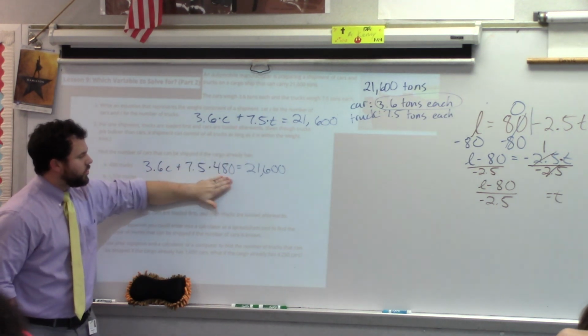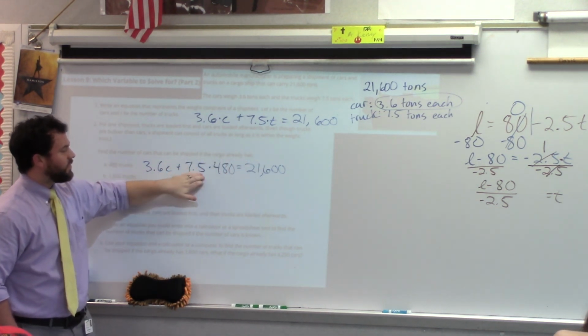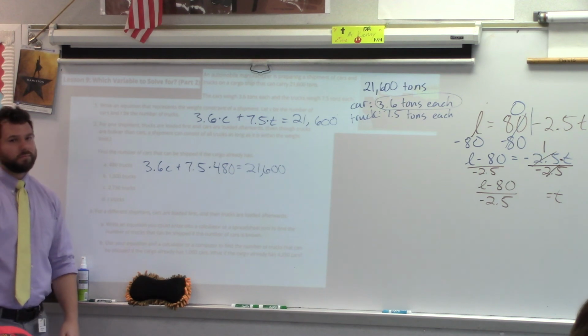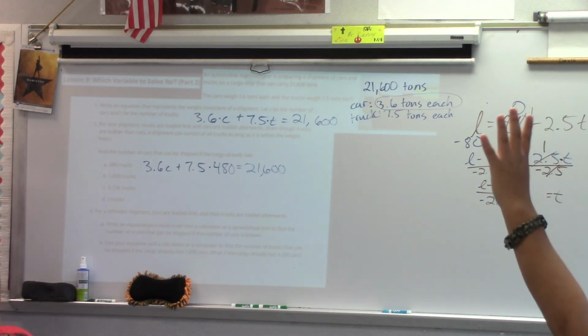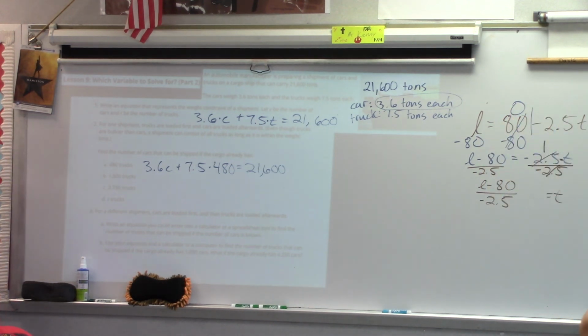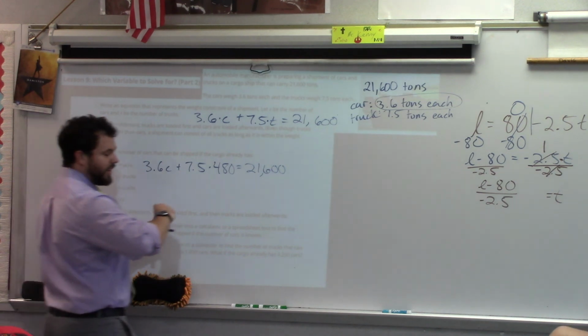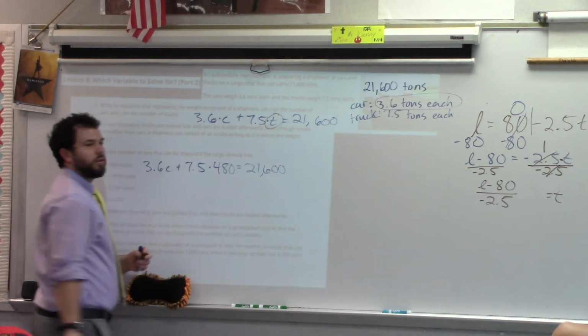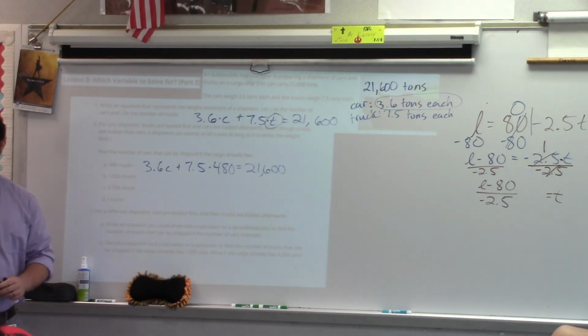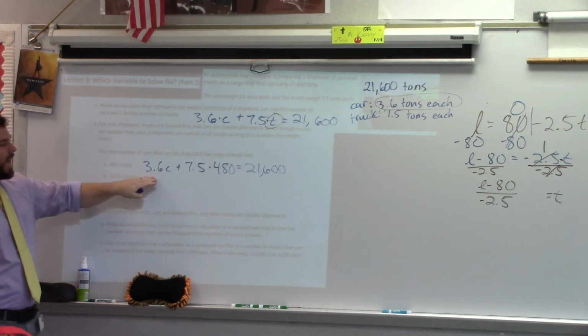Why is Matthew saying we need to multiply 7.5 times 480? 480 is the trucks. Substituting? Yeah, substituting. 480 is the number of what? Trucks. So what is it getting substituted in for? The number of trucks. That's it, right? We need to recognize that. Do we now have any